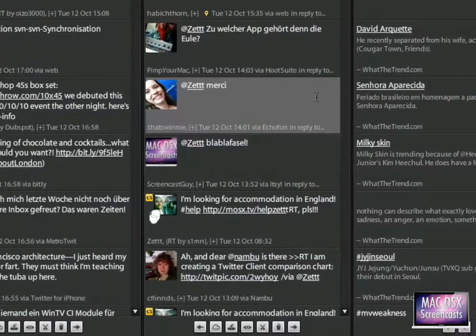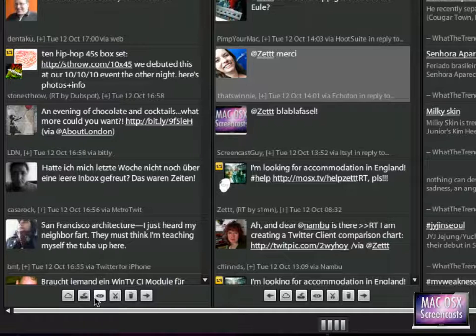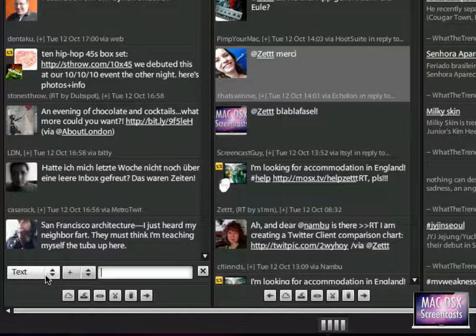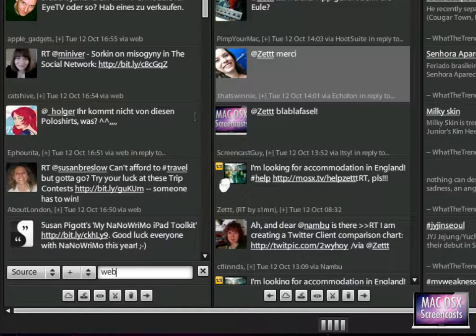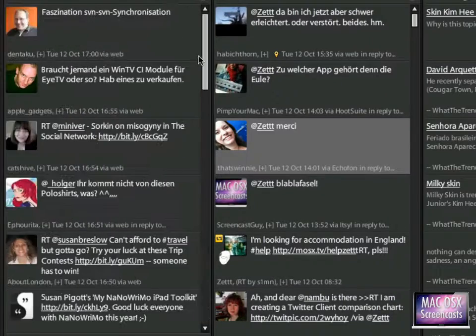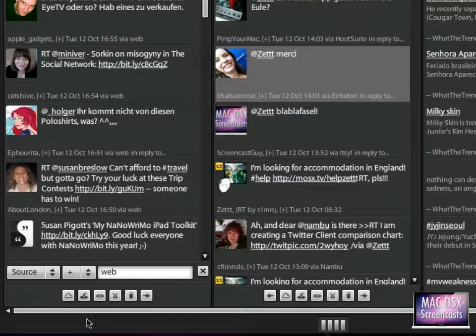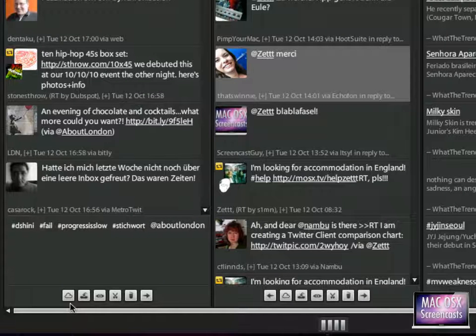But those power Twitter clients can do much more. For instance, if I go down here, first of all, I can mark all these tweets as seen, but I can also just filter this particular column for text, for sources, for names. I can include those sources or exclude them. For instance, I can include in this filter all tweets from the web. Now I see all tweets that are sent from the web. Or I can even show what's popular in this column